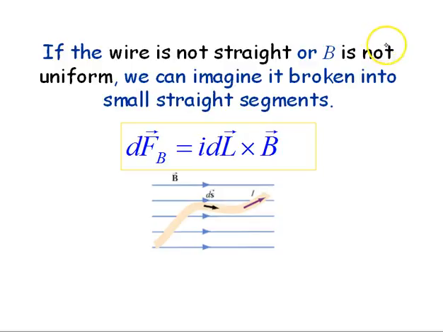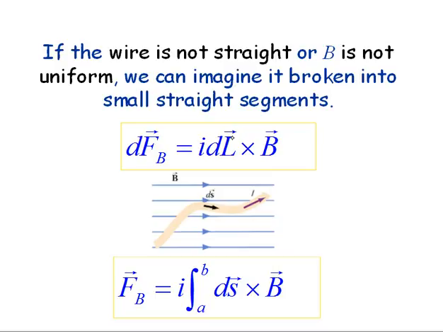If the wire is not straight, or if the magnetic field is not uniform, we can still imagine the wire broken up into small sections, and our differential force at any point on the wire is going to be I times that small length of wire, where we can say it has the same direction. And of course our wire will all have the same current I flowing through it. And we can do a cross product there. If we wanted to find the total force, then we could integrate over these. We might have to break up our integral